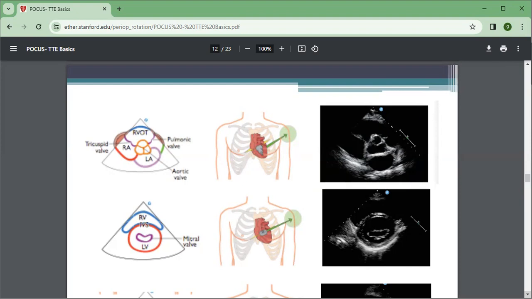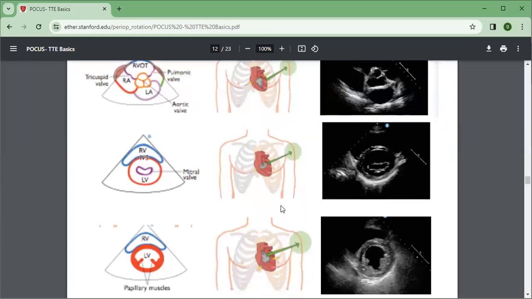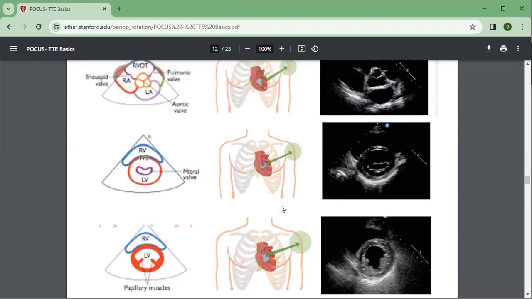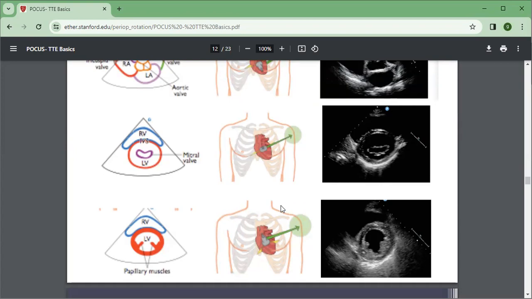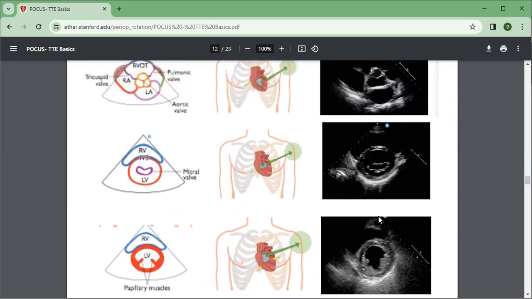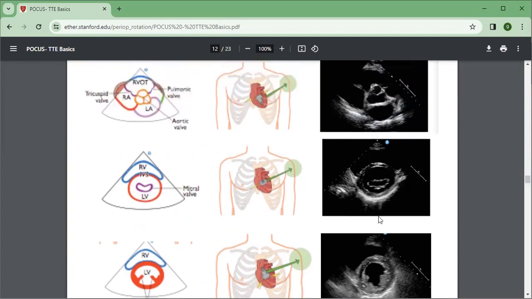You see the left ventricle, the mitral valve, the intraventricular septum, and the right ventricle. This is what you visualize in this type of parasternal axis. You can see the mid papillary muscles. The papillary muscles, you can see them, and the right ventricle. This is what you see in these examples